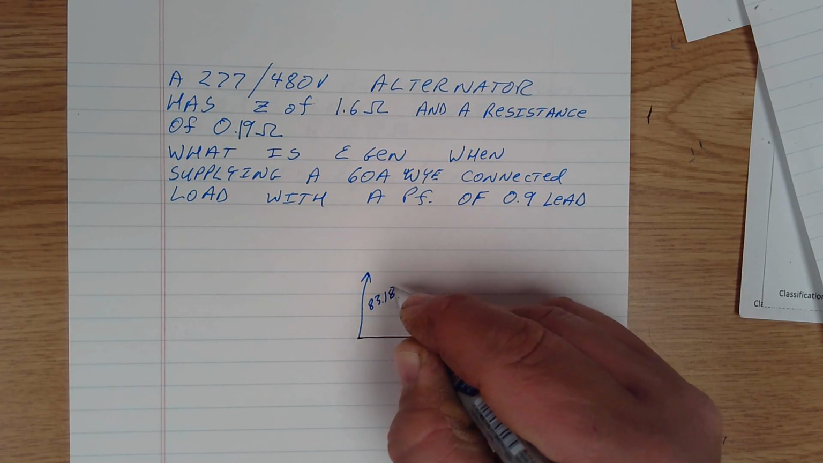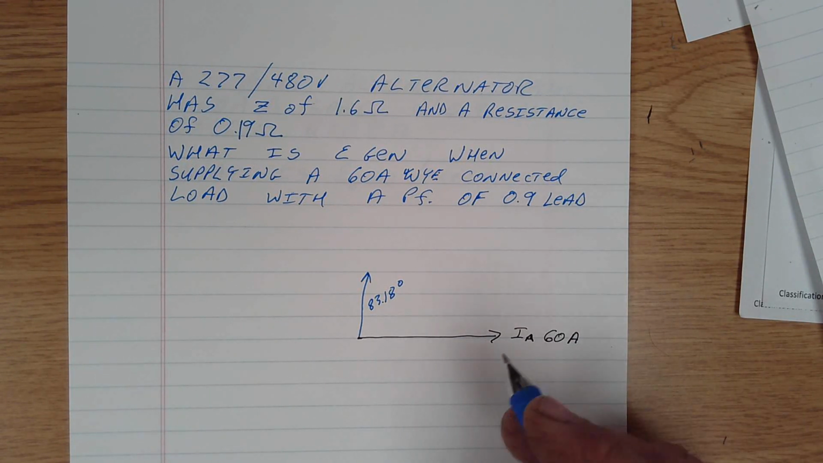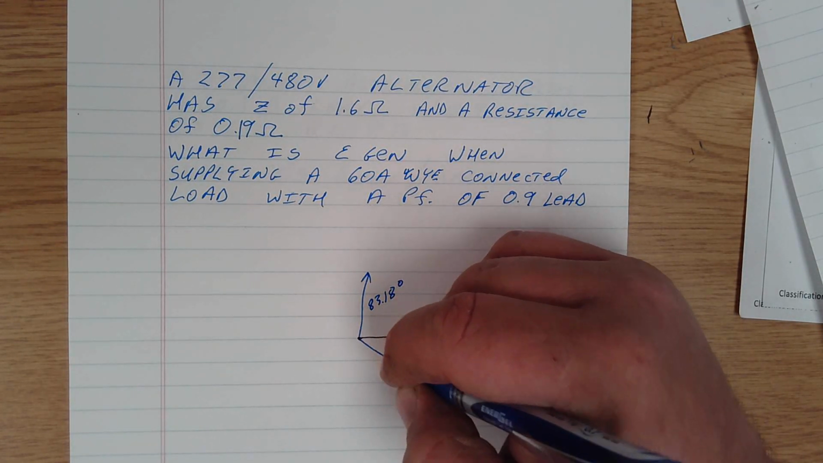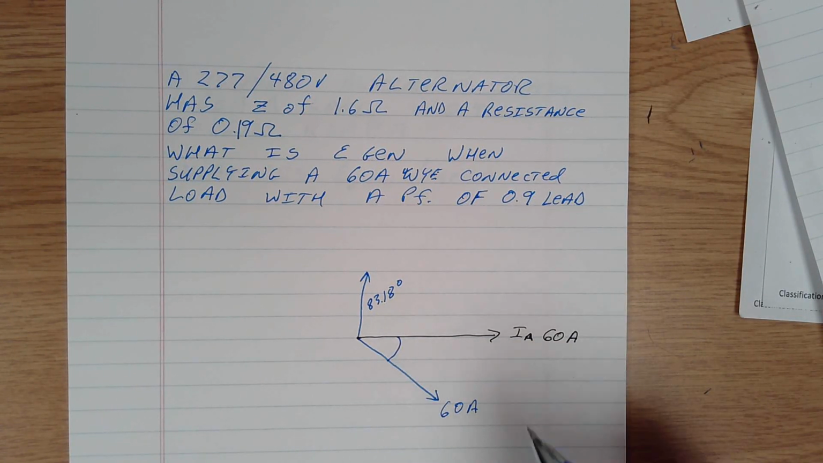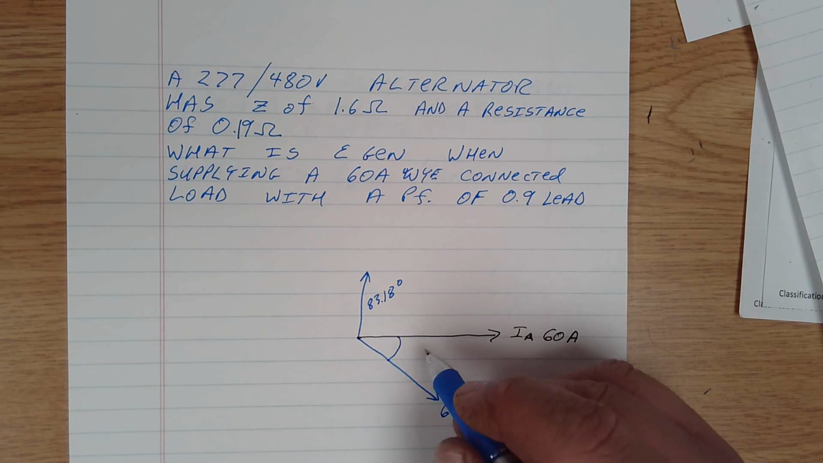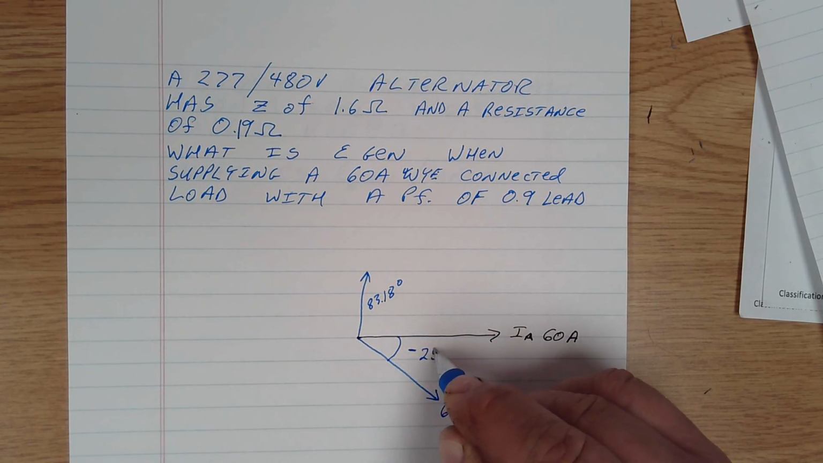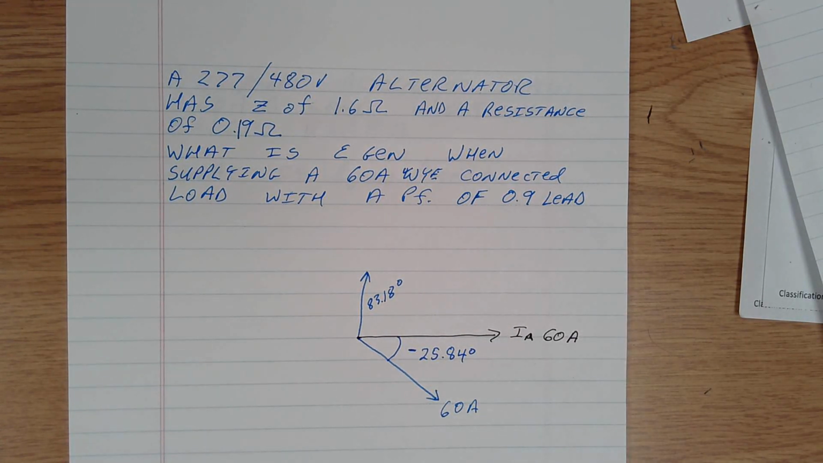83.18 degrees, but now our V line, because we're leading, is going to be 60 amps, and our power angle is still 25.84 degrees, but now it's going to be negative 25.84 degrees, which means that our